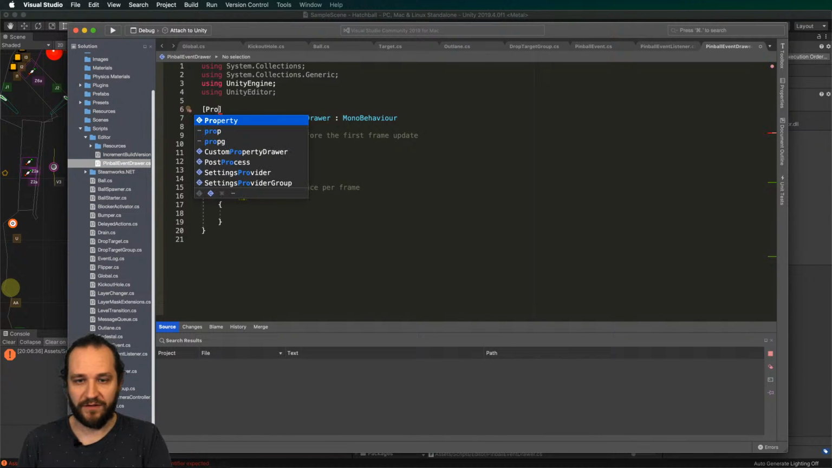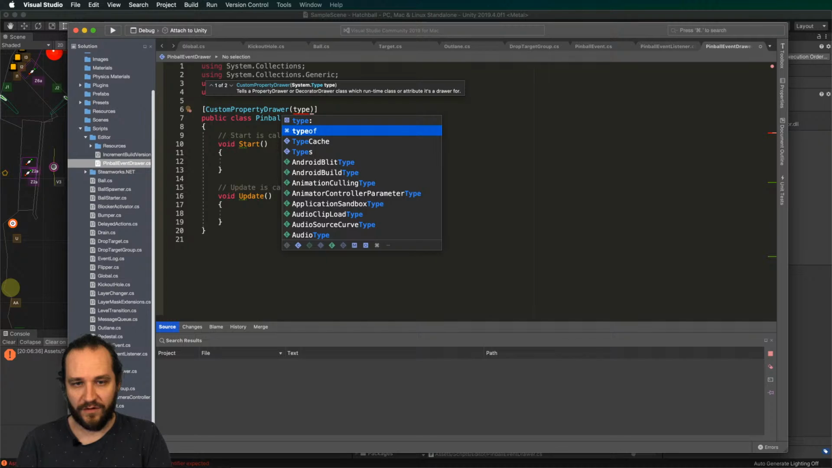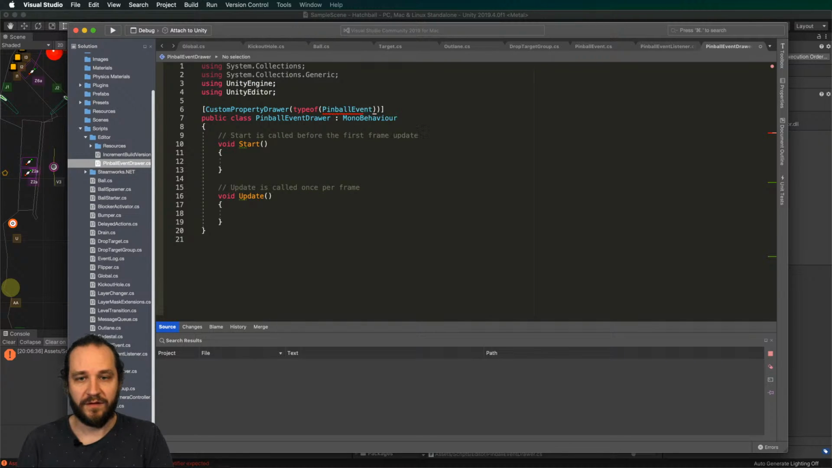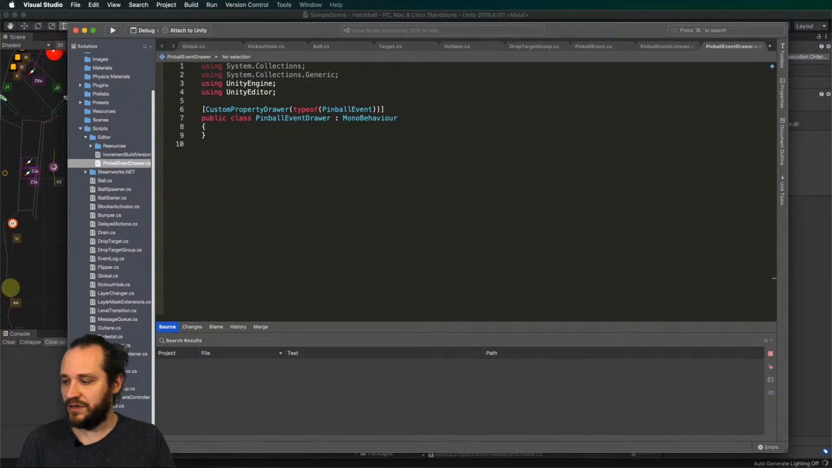IntelliSense. Yes, there we go. Custom property drawer. And the property drawer has a type of pinball event. Right, so now this is a custom property drawer, and I absolutely don't remember which method to put in there. So I'm just gonna go into the documentation of Unity